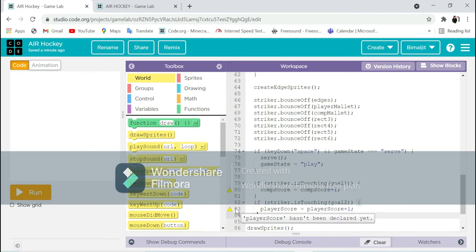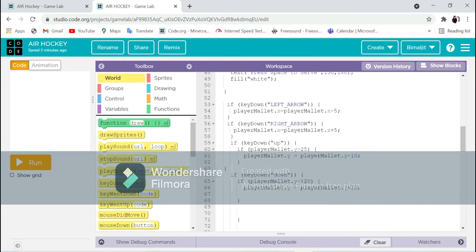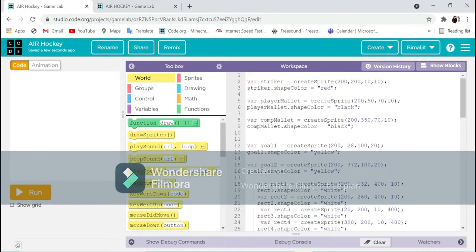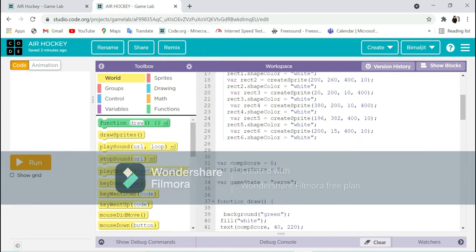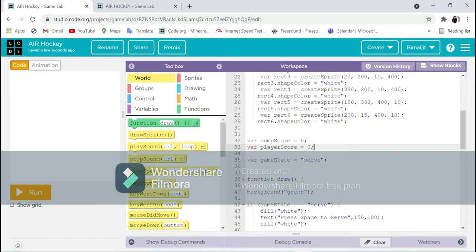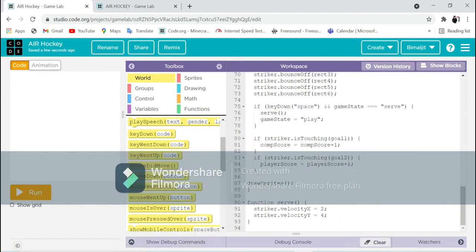Now it might ask what is player score. So see, it isn't asking here because I have already declared the player score and the com score like this. So you have to create all this here only. So let's create it over here also. We just need to create it right over here, player score, or else we can just copy it from here so that it's easy, and then you just paste it. Alright, so now we have given it. Now it won't give any alert sign also.